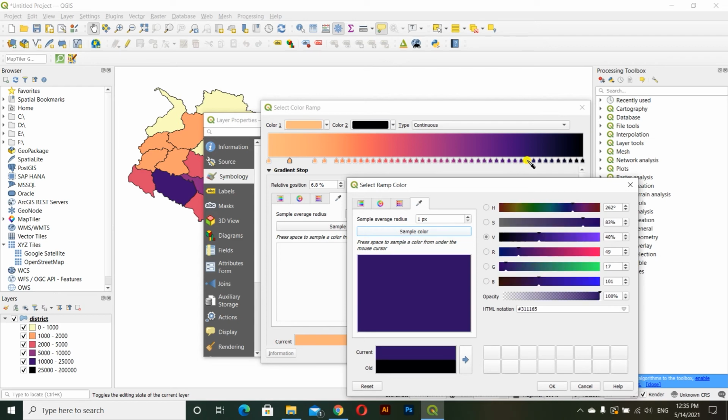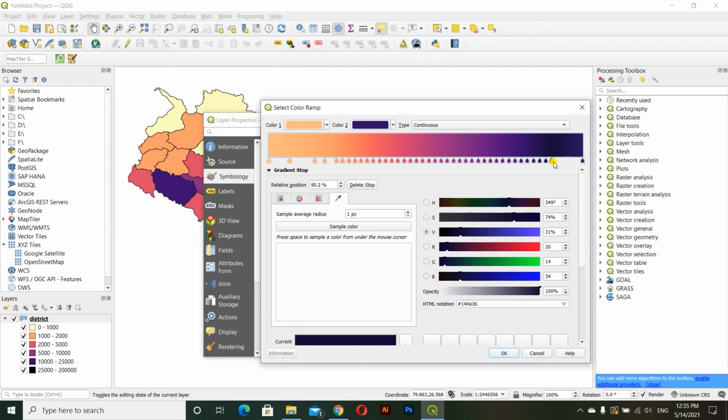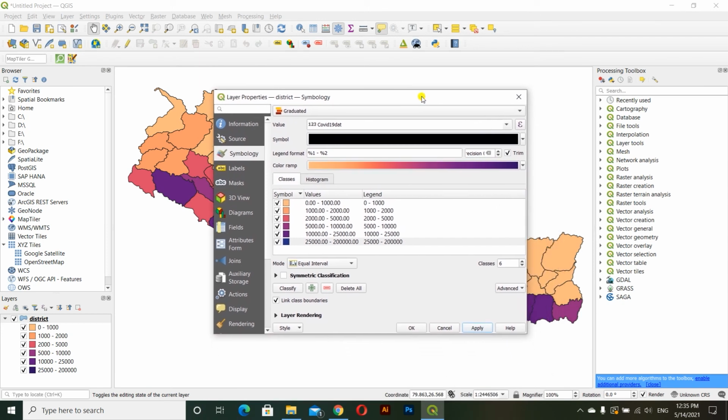Color 2 is the last color, maybe a bit of blue, and then we'll delete the remaining colors. Okay, we have modified the color, so we'll click OK and apply, and see, this is the final result.